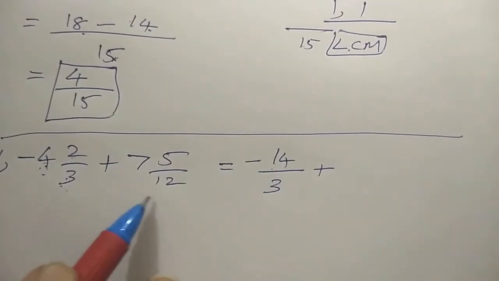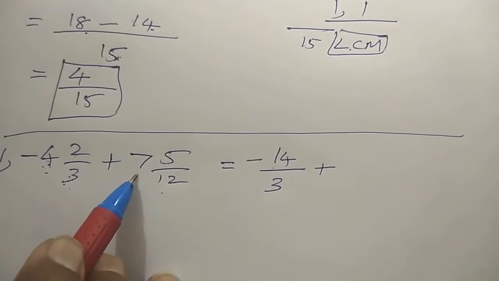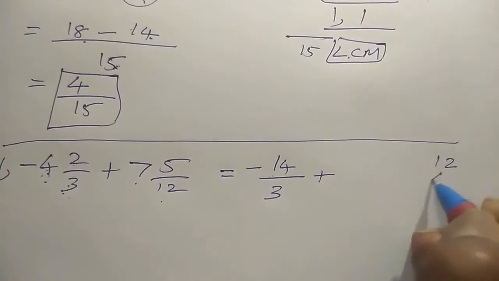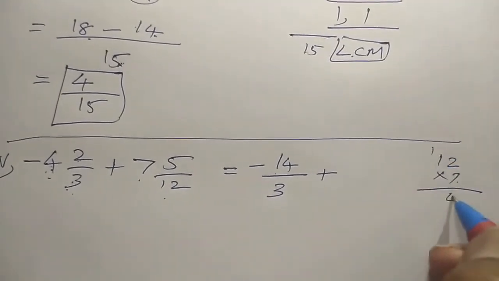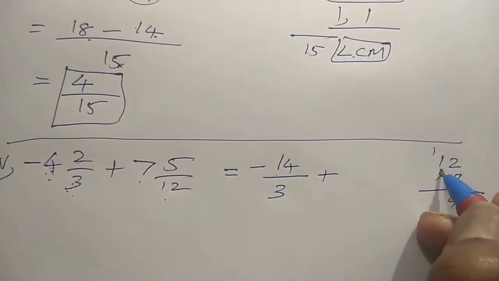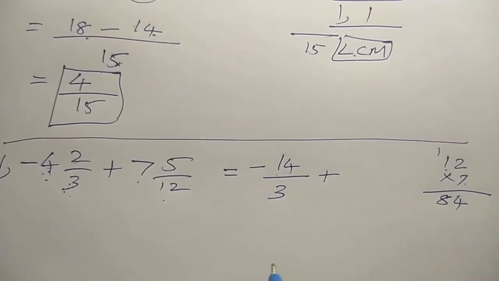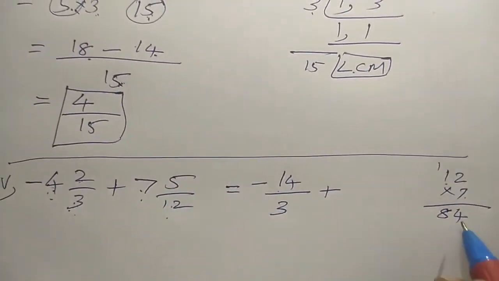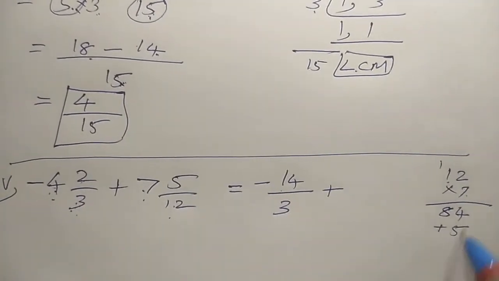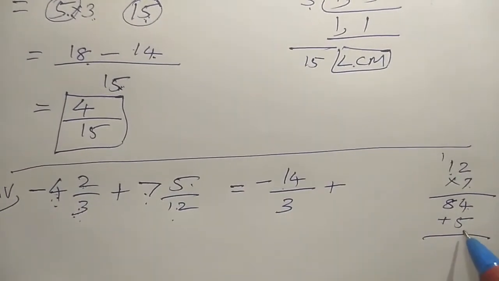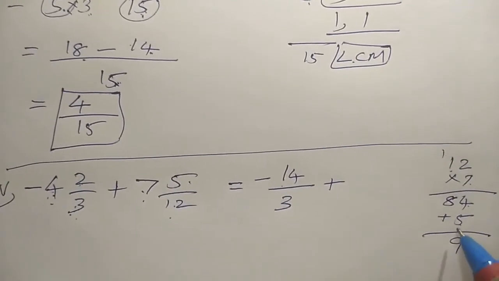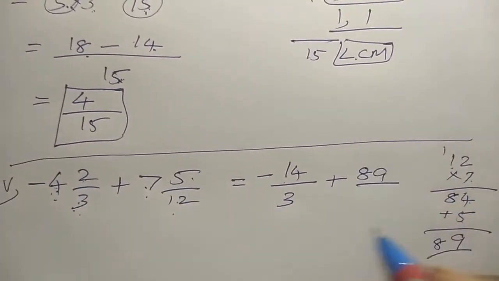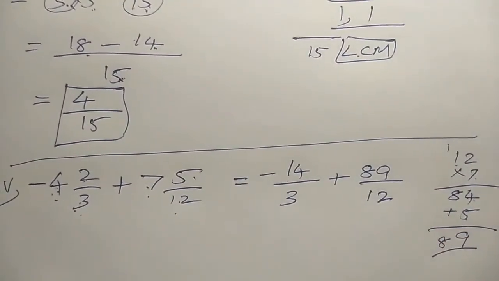Okay. Now we'll check here. 12 7s are, what is that? What is 12 7s are? So here it is 12 7s are, 7 2s are 14 here, and 7 1s are 7, 8 here, so 84. Yes. So here 12 7s are 84. Then we add this one, plus 5. Plus 5 is equal to what? So it is 4 plus 5 is equal to 9 here. Then one is, 8 as it is. So it is 89 by 12. Right? So we got this answer now.